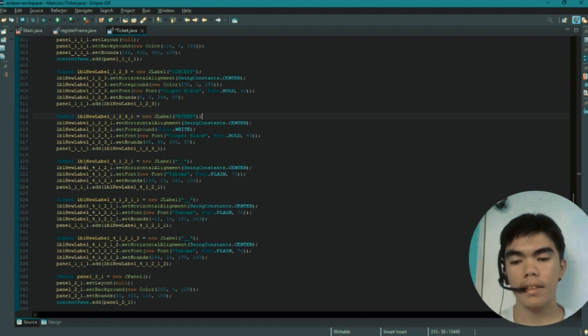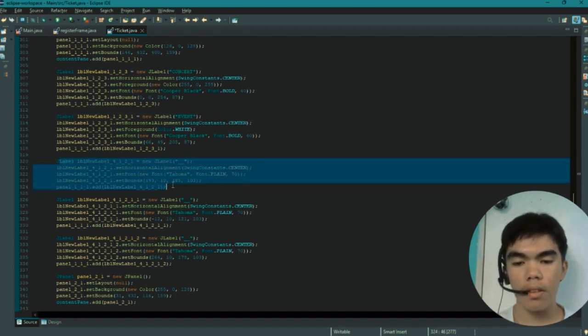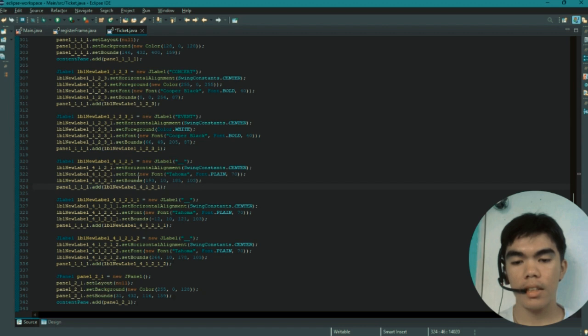Next is this JLabel, which sets the horizontal alignment to SwingConstants center, new font Tahoma plain and size 70, and sets the bounds to 193, 10, 185, and 103, and added to our panel.